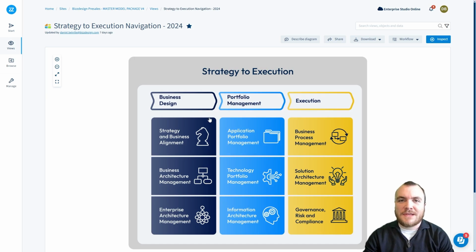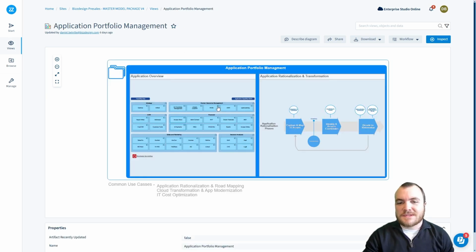And in today's video we're going to be taking a look at portfolio management as a value stream stage, as well as the use cases that support it. So taking a look at the use cases here, we have application portfolio management as our first use case. And this is where we really understand the landscape of our applications, specifically around how they support the capabilities